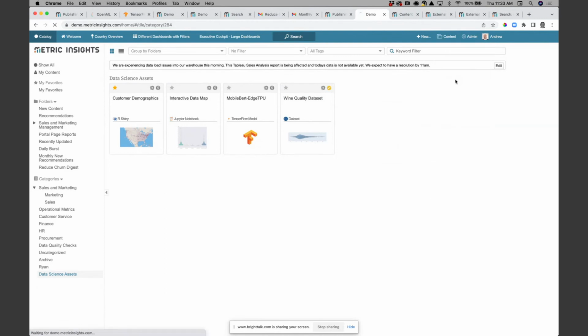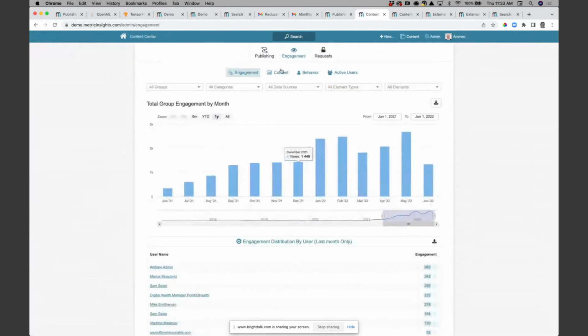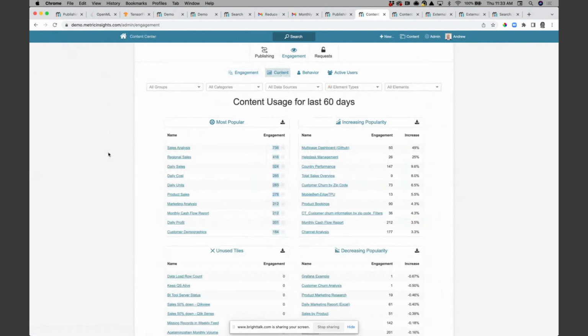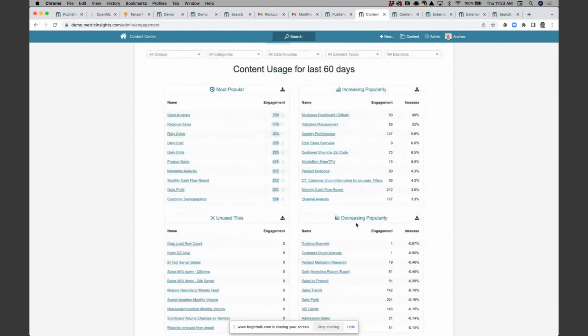And so what we're doing is tracking usage of this content over time. And whether it's our Shiny app that we were looking at here, or whether it's a BI dashboard, we're tracking who's using it over time. We're looking at what's most popular still. We're looking at what's gaining in popularity, but also we're looking at what's decreasing over time, what's going unused within the system, so that we can better keep a clean set of content within the portal, and we're not cluttering it with obsolete content or stuff that's hit its shelf life.